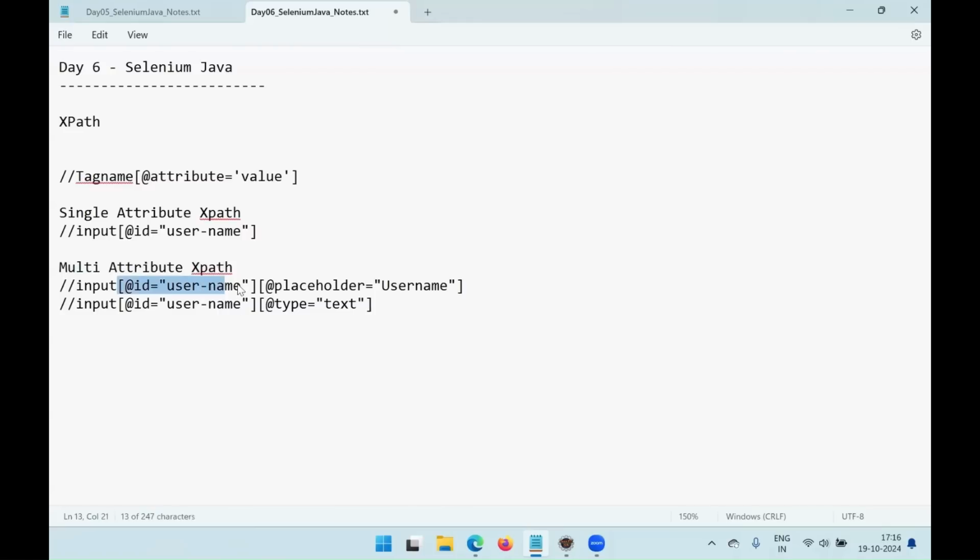That means when both of these attributes are available in that element, then only this will pass. So the problem with multi attribute is all the attributes should be matching. If one of the attributes is not matching, then the overall XPath will fail. So this will fail completely. In case you want to test it out,